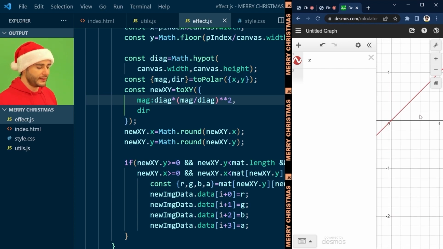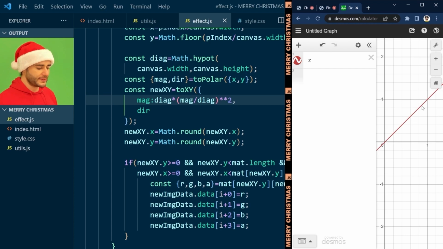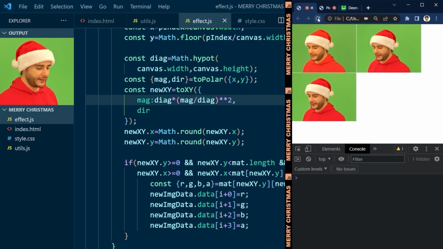And I'm interested in how it behaves between 0 and 1. So think of x as this part right here, mag divided by diag. It is going to be between 0 and 1, and it is linear like this. But if I'm going to raise this to a power, like x power 2, then this function changes a little bit differently. It also starts at 0 and ends at 1, but it doesn't go linearly like this. Let's see the effect. So save the file, go back here, refresh the page,